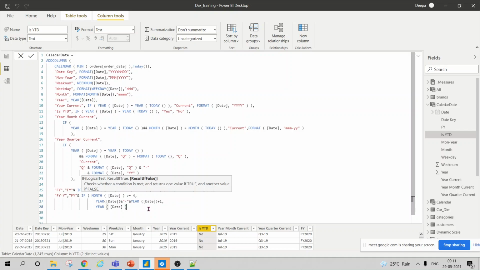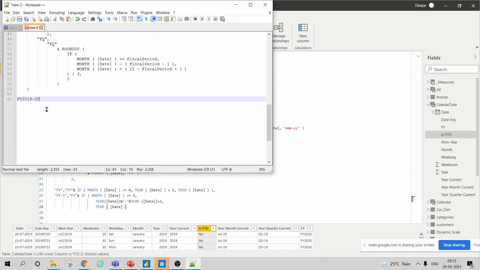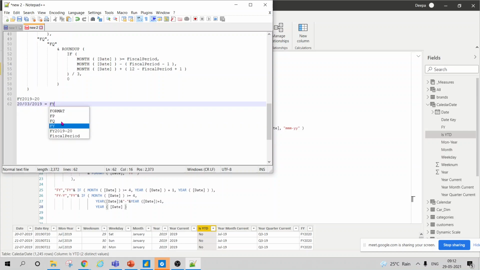And then for the earlier year, if it is not July, if it is 20th March 2019, what do I want to return for 20th March 2019? In that case, I want to return FY 2018-2019.